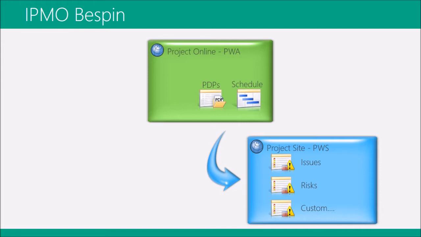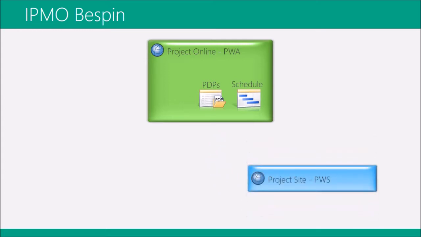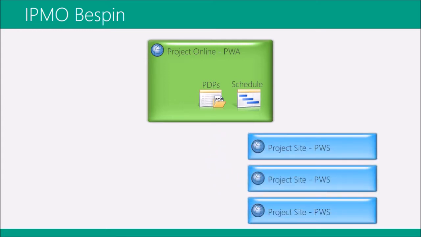Each individual list provides its own reporting feed, and for special lists like issues and risks, Microsoft already provides a consolidated view in the project data reporting feed. But if you have additional columns, or you need a consolidated view of other custom lists, then you need a